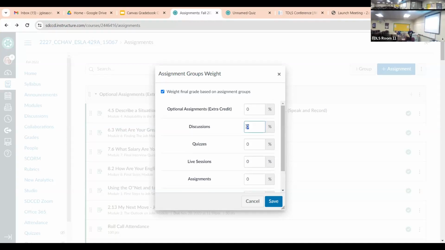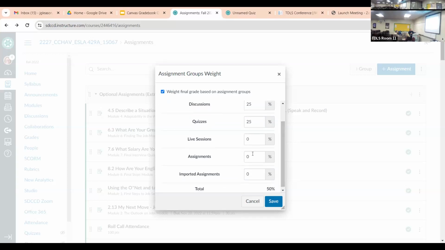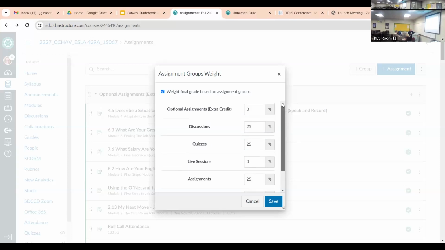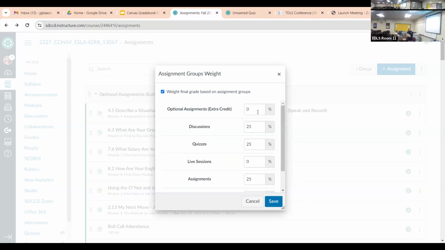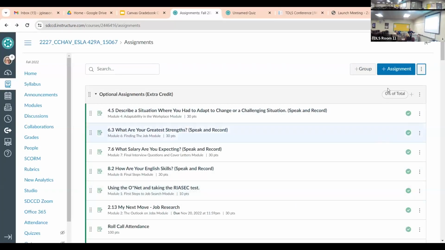Okay, let's say I want the discussions to be worth 25%. I want the quizzes to be worth 25%. I want the assignments to be worth 25%. And I'm gonna have to add some other things there. For right now, I'll go with the live sessions being worth 25%. Okay. All right. And then when I scroll down, you can see everything in here is worth 0% of the